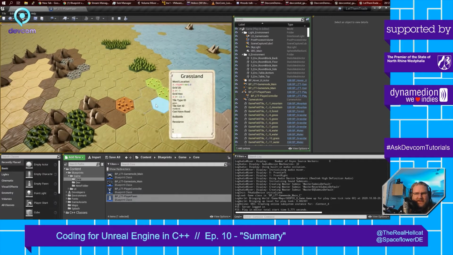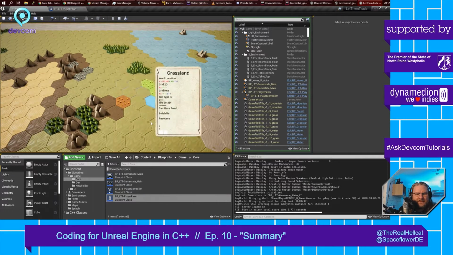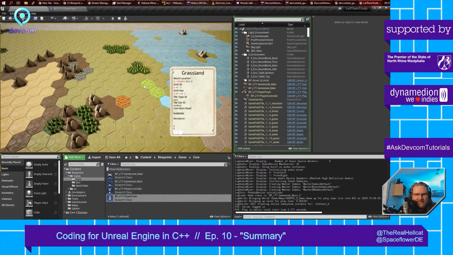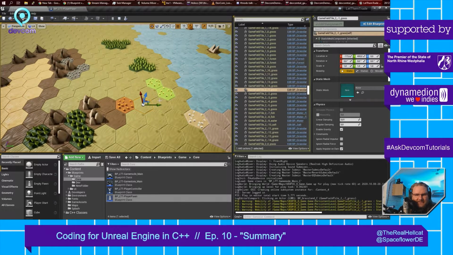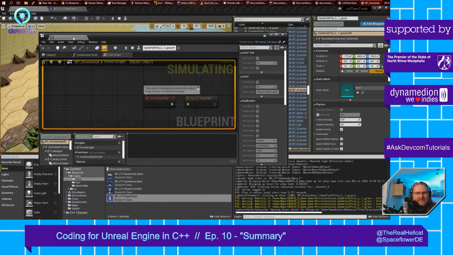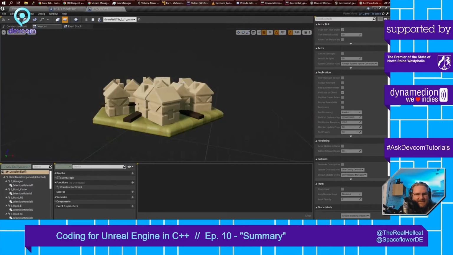I think what would be a good test would be, because these game tiles, each and every one, if I eject out for a second, each and every one of those game tiles can't be moved because they're immovable. Let me make that movable. Here, see? That looks kind of neat if you pull the tile out. These game tiles, they are Blueprints. Here they are, and they are quite complex. There's a lot of stuff going on there. So recreating those in C++